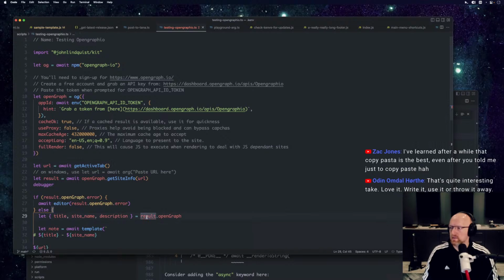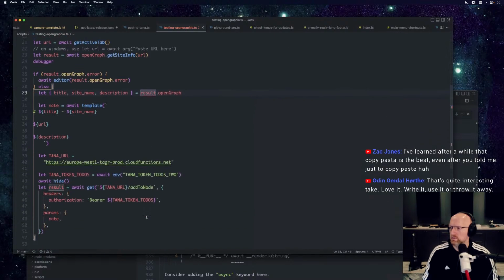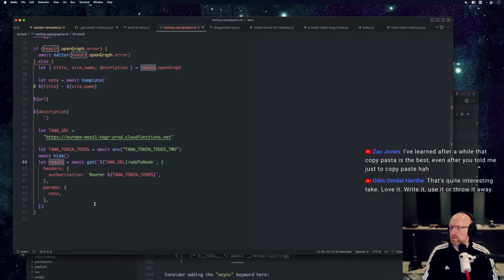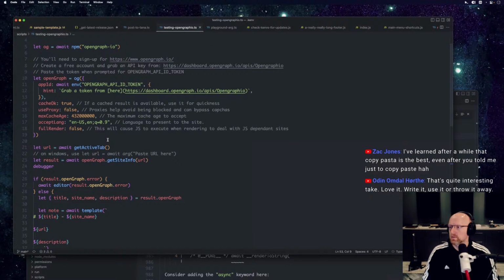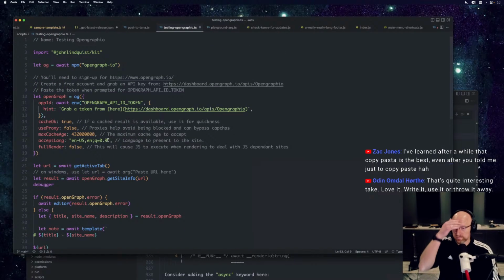Let's use before its declaration. Whoops. Yeah, we'll leave a debugger in there. That's a cool thing about, yeah, scripts are,